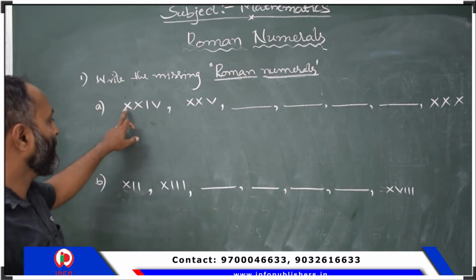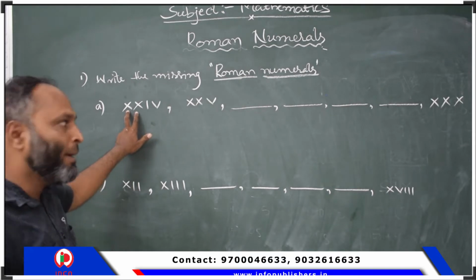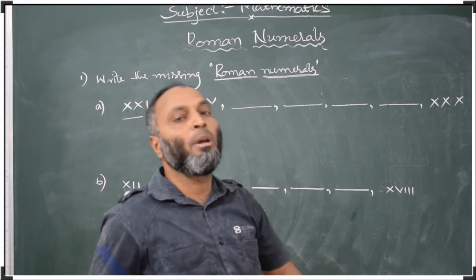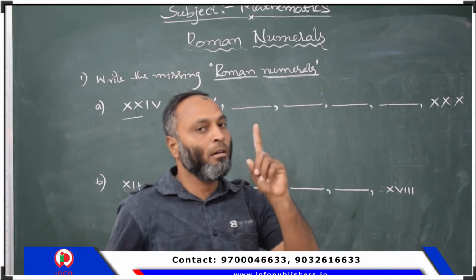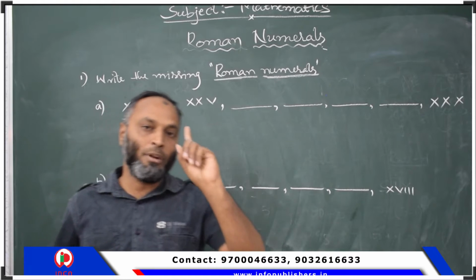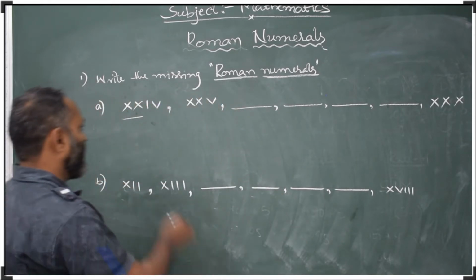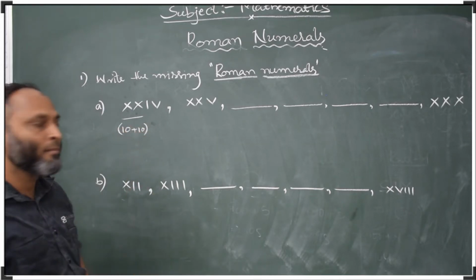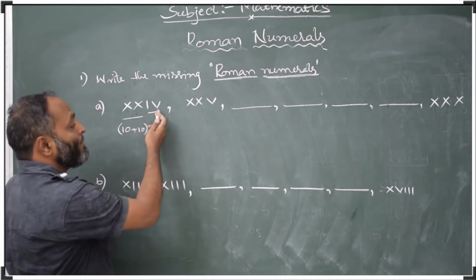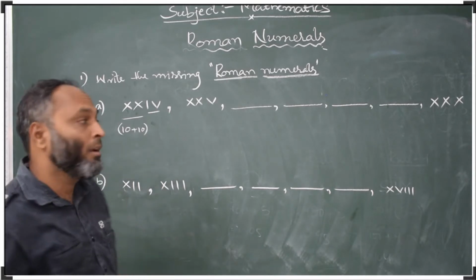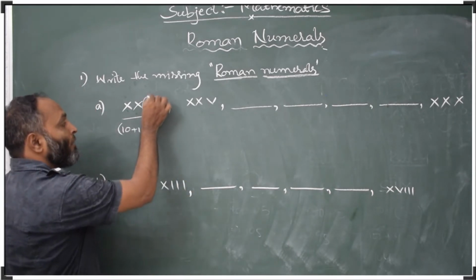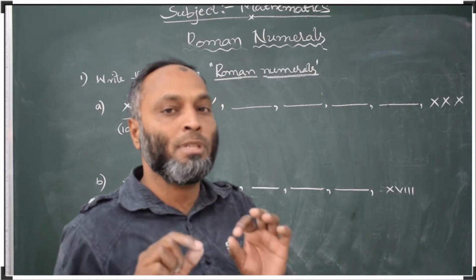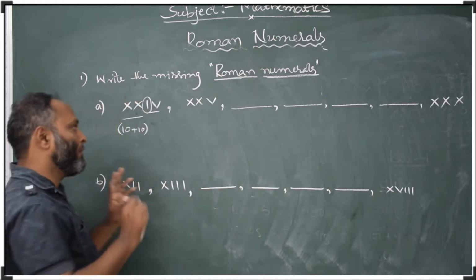Then what? Here this is a repeated Roman numeral. When a repeated Roman numeral comes, what do we have to do? According to our first rule, we have to add. So like 10 plus 10, we added. Here this is the bigger Roman numeral. When the small Roman numeral comes in between the 2 bigger Roman numerals, we have to subtract. This third rule we have to apply here.